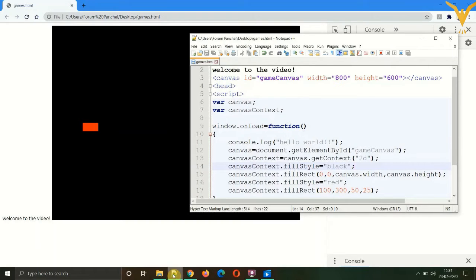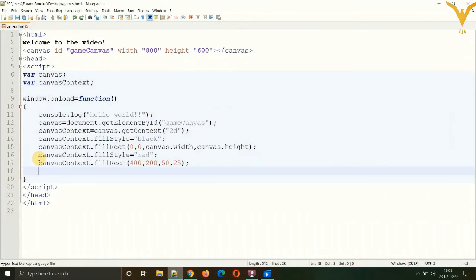And let's give the x coordinate as 225, the y coordinate 210, and so now let's see the ordering of the shapes and the overlapping.